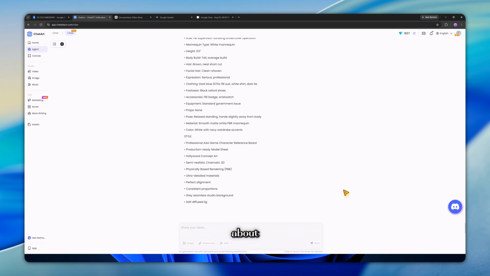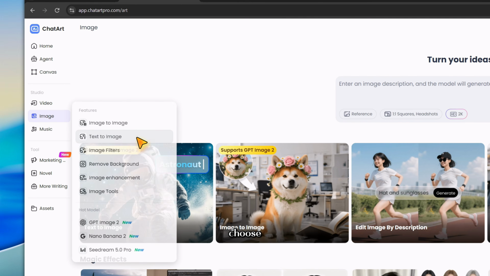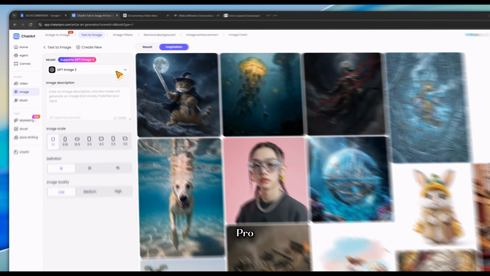And here's what I like about this workflow. I don't need to copy this prompt into Gemini or any other image generator because ChatArt Pro already has image generation built directly into the platform. I simply copy the completed character prompt, open Image Studio, choose text to image, and ChatArt Pro gives me multiple